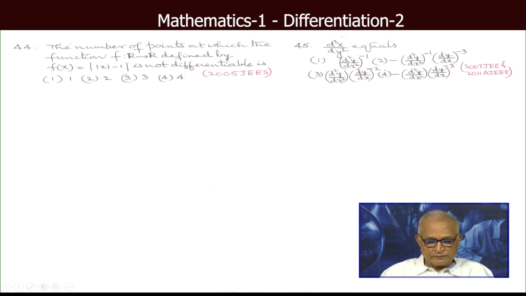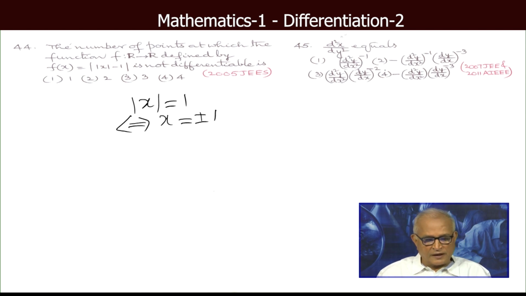Next, the number of points at which the function f: R → R defined by f(x) = mod of (mod x minus 1) is not differentiable. First of all, mod f(x) అనగానే f(x) 0 అయిన పాయింట్ డిఫరెన్షియబుల్ కాదు. mod x equal to 1 ఎక్కడవుతుంది, ఎప్పుడవుతుంది? ఇఫ్ అండ్ ఓన్లీ ఇఫ్ x equal to plus or minus 1. వీటి దగ్గర mod x minus 1కి డెరివేటివ్ లేదు, ప్లస్ 1 దగ్గర మైనస్ 1 దగ్గర, బికాజ్ mod x minus 1 0